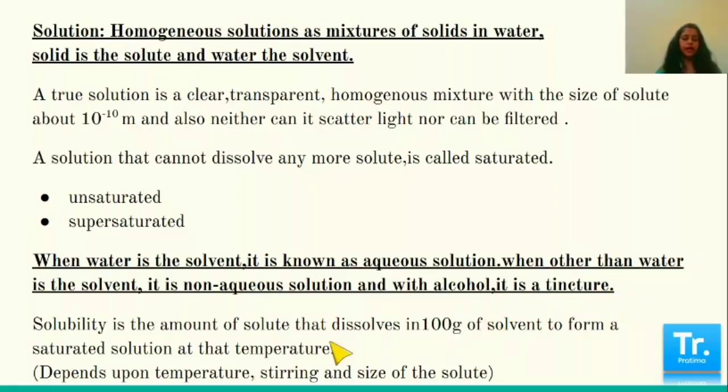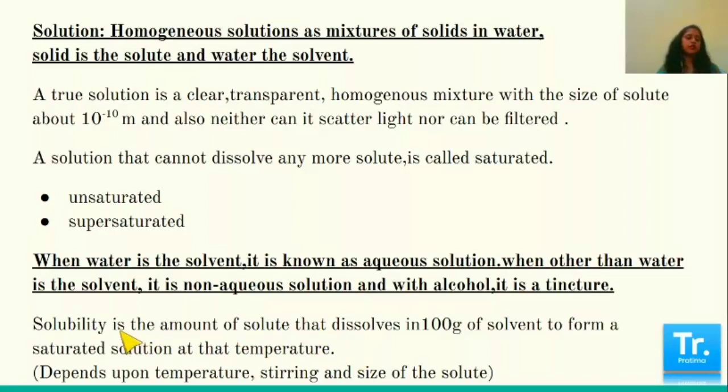Okay. Now next, solubility. Just now we were talking about 1 spoon, 2 spoons, saturated, unsaturated. But when we talk about calculation or exactness, we can't say 1 spoon. There is a measure. So solubility, how much? When we say more solute, how much? So that's solubility. It is the amount of solute that dissolves in 100 gram of a solvent to form a saturated solution at that temperature. So it depends upon temperature. More temperature, more solute. Less temperature, less solute. So the amount of solute which makes it saturated at that temperature is the solubility, but the amount of solvent is also needed, that is 100 gram.